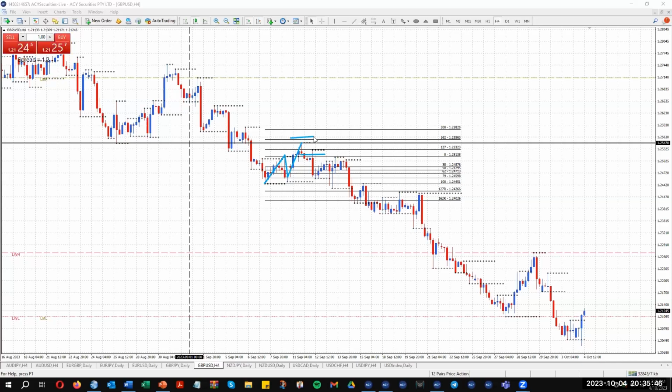Stop goes above the high. And you can see then that would have worked nicely. So that's how you could trade that level. As well, what happens in here,